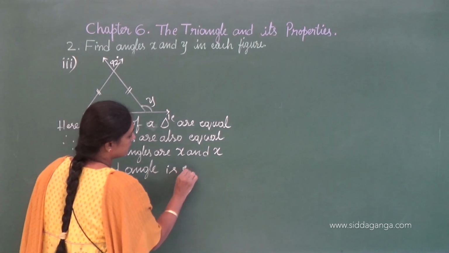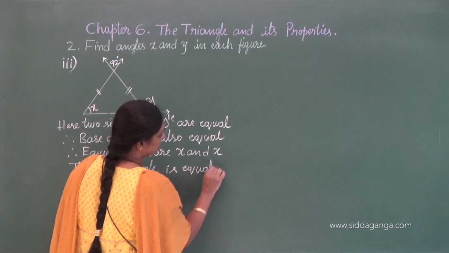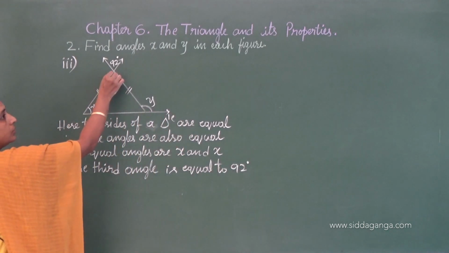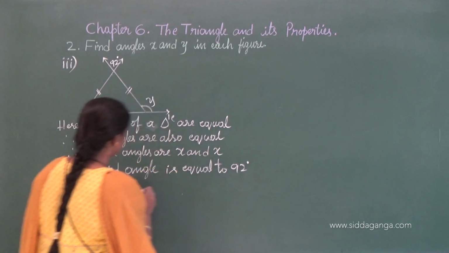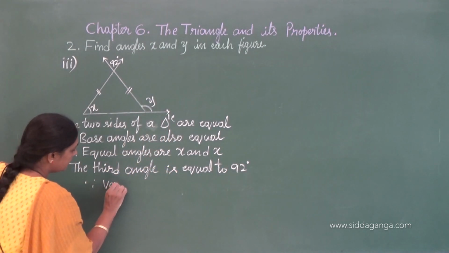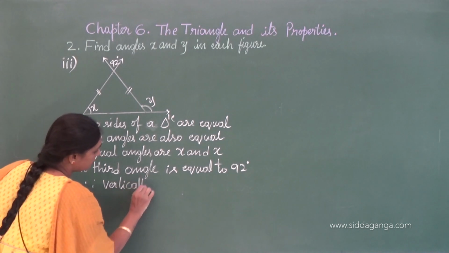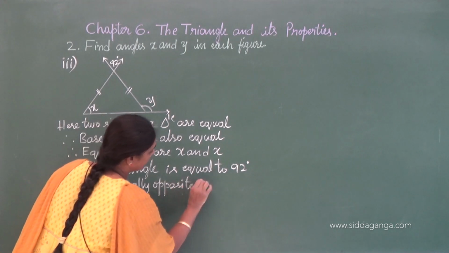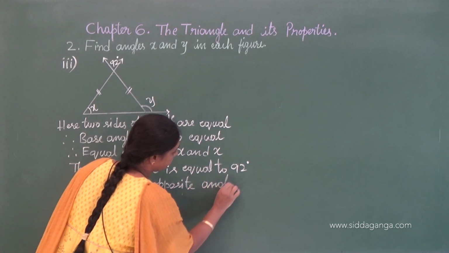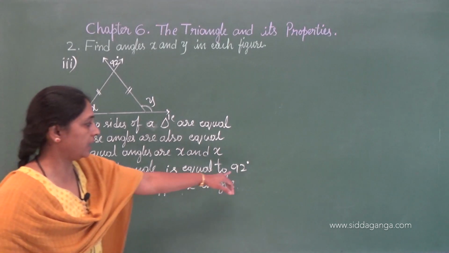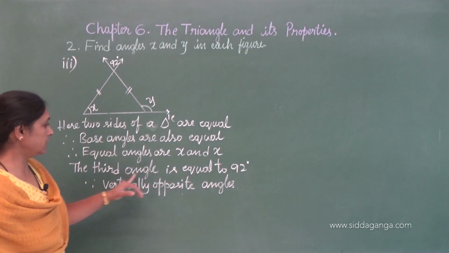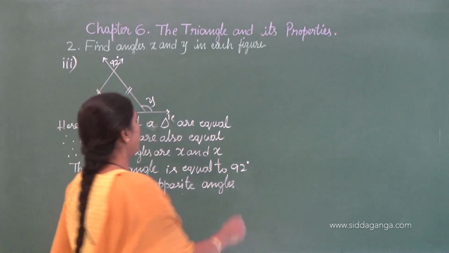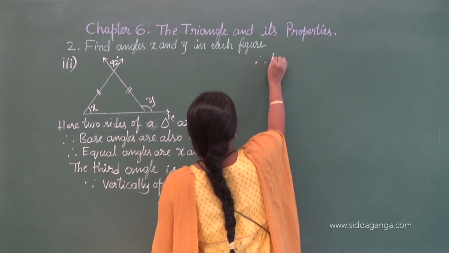So by this, the third angle is equal to 92 degree. Why? Since vertically opposite angles. Okay, so this is the reason for the third angle. The third angle is equal to 92 degree because vertically opposite angles. Okay, therefore